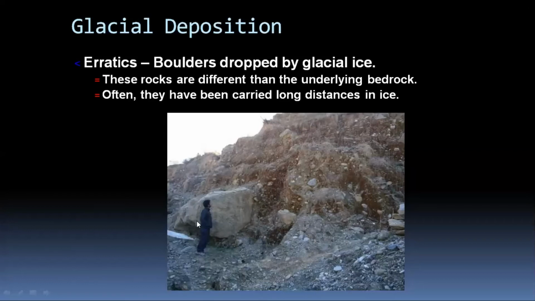And you can also see that this boulder is not well rounded and it has angular edges and corners that indicate that this hasn't been moved like in a river or like in a stream, and most probably it was carried for a longer distance in ice. And also you can see the composition. Sometime maybe this rock is not available in the surrounding area, and you can also tell, okay, this rock may be traveled from upper Himalayas or the deeper Himalayas.